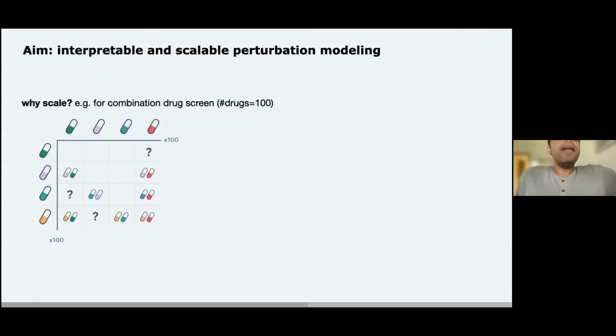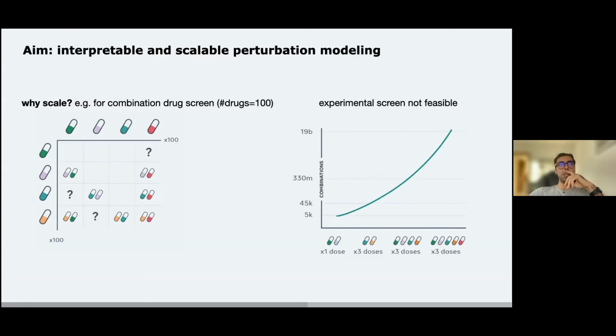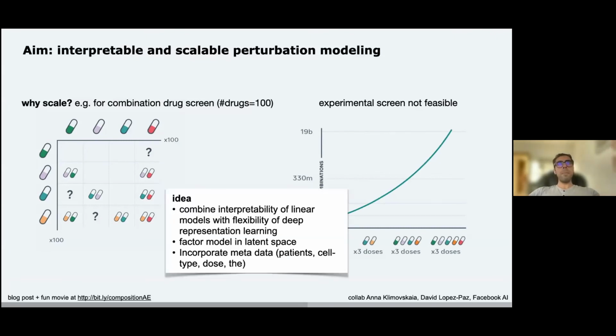Okay, and then I'll talk about, I mean, the previous models were good, but they were limited. They were just proof of concept, because the real challenge lies in larger screens, so a lot of data, and also in the combinatorial regimes, where the previous models could not model combinatorial perturbations. So we tried to address this. How can we improve the interpretability of the previous models, by making them interpretable, because they were basically black box? They were good for prediction, but not really interpretable, and also